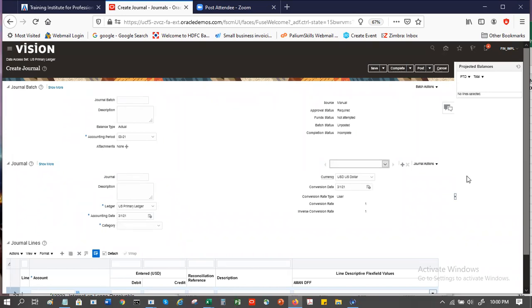Saurabh, here the legal entity is also not visible. In what cases is the legal entity mandatory? No, all your general ledger entries are at the ledger level.